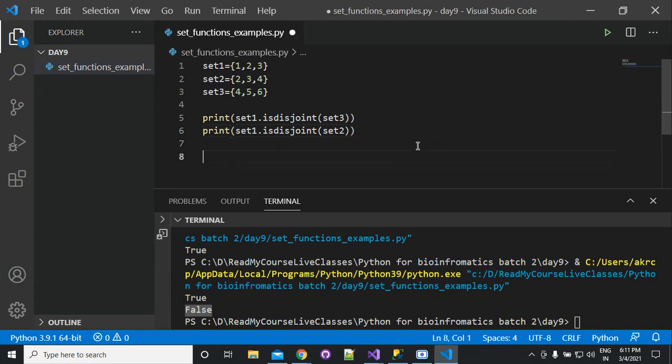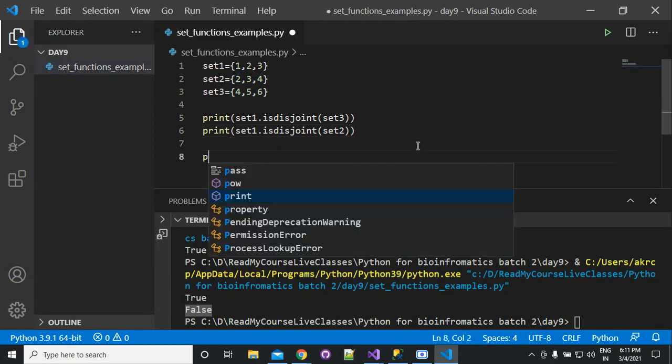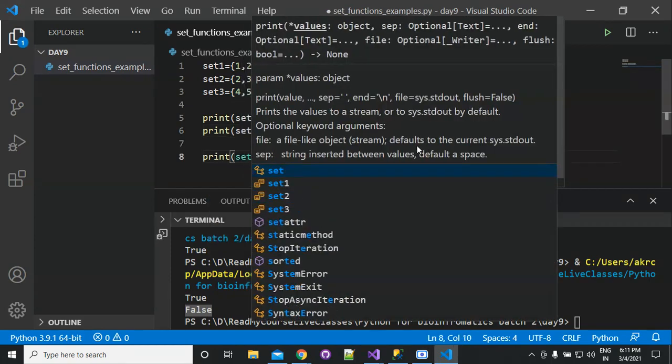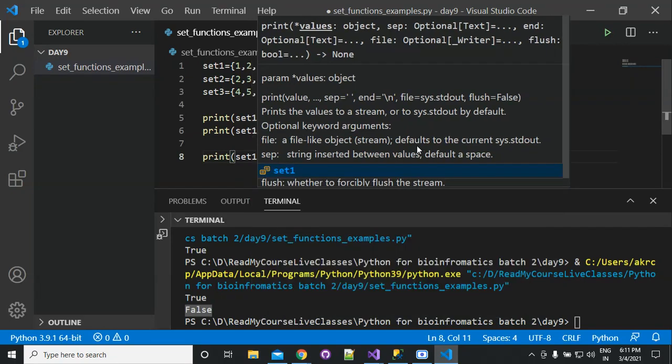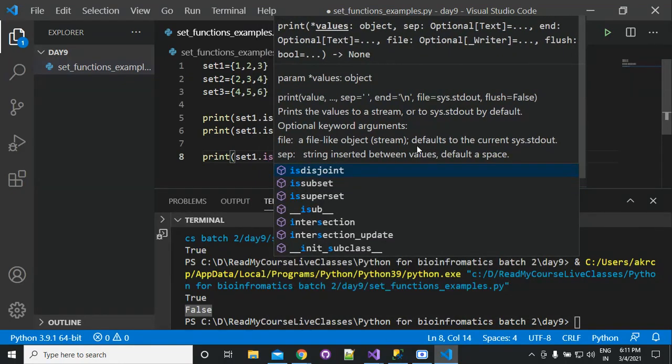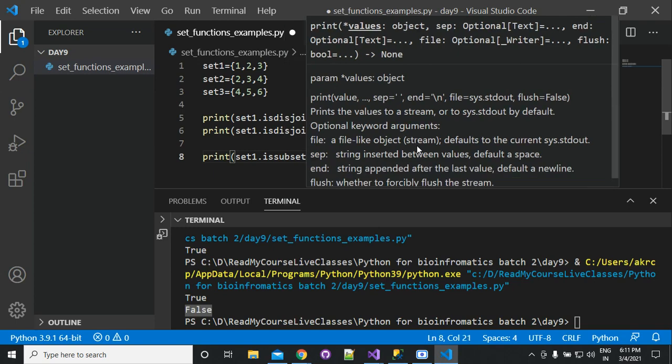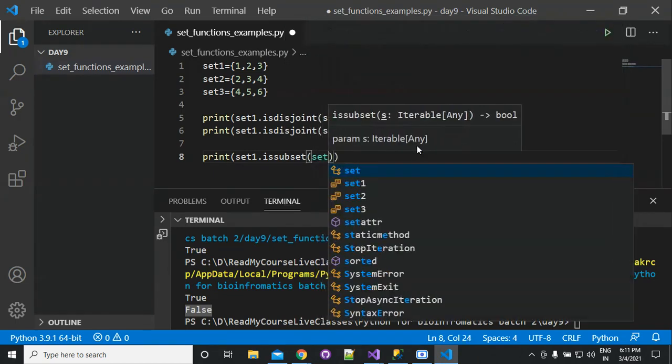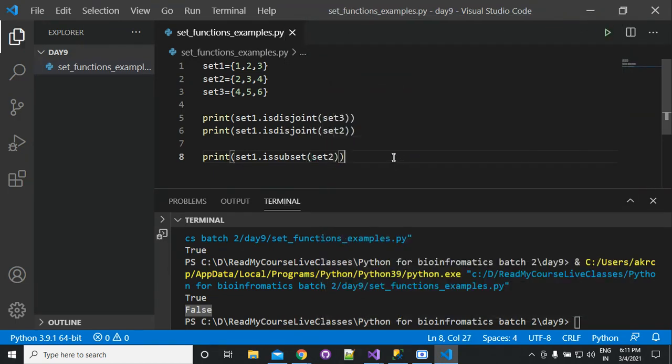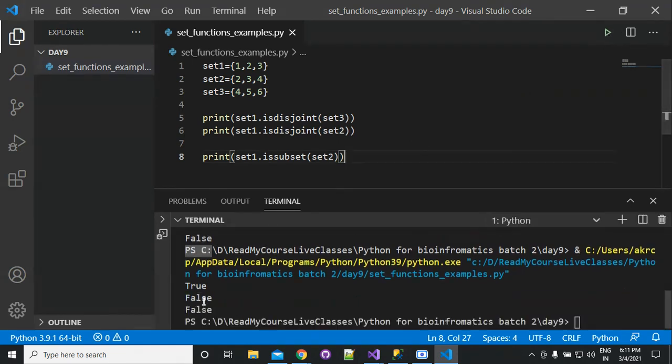Suppose that we are going to check print set 1 dot issubset of set 2. It is returning false. So set 1 is not a subset of set 2.